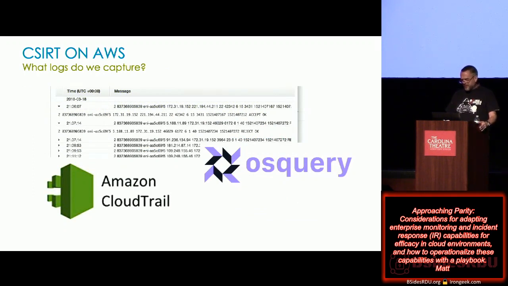Once this kit's installed, we're able to capture CloudTrail logs. We're able to capture VPC flow and OS query, which you could think of as an open source tool that will give you inventory information on the local machine. CloudTrail is the AWS name for the infrastructure logs. Stealthwatch Cloud will ingest the VPC flow and provide alerting. And then, as I mentioned, the OS query captures host level inventory.